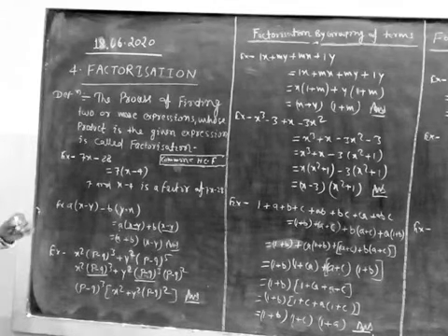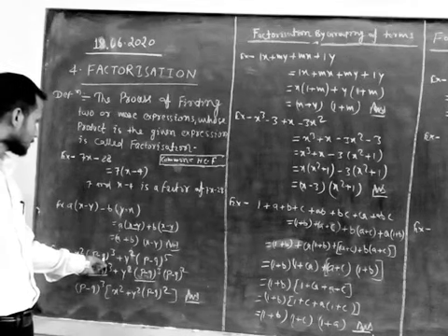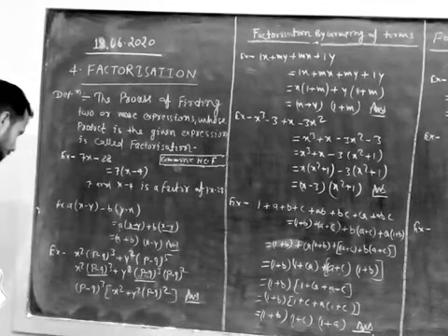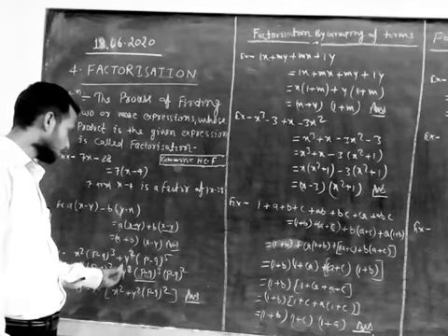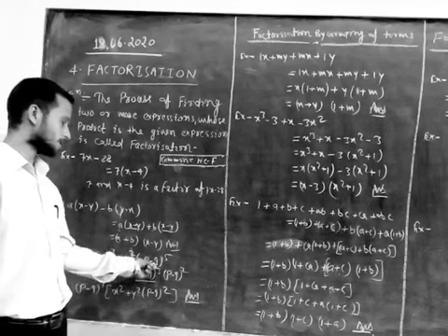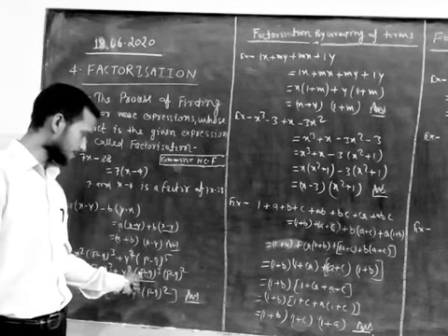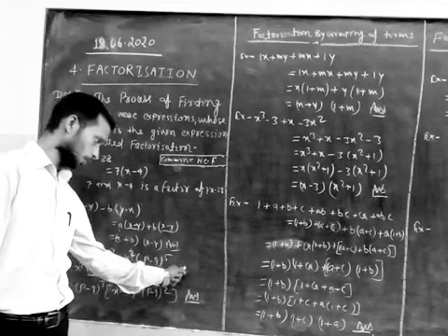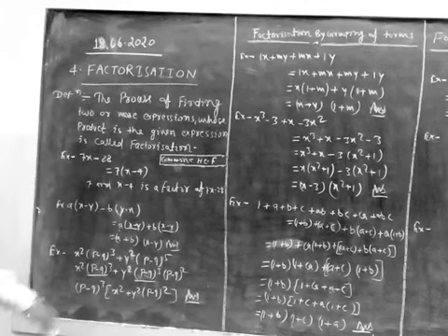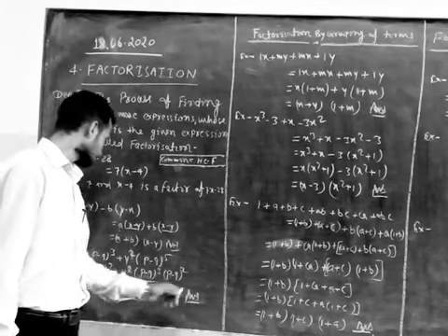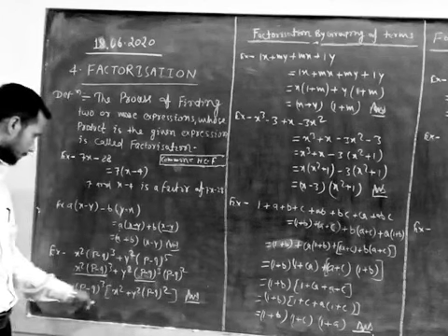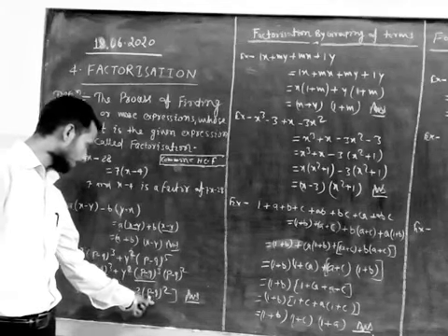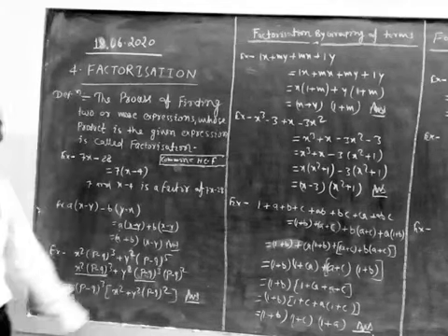Next, x square into (p minus q) whole cube plus y square into (p minus q) to the power 5. (p minus q) to the power 5 is written as (p minus q) to the power 3 and (p minus q) to the power 2, because 3 and 2 powers add to 5. Hence, in both terms (p minus q) to the power 3 is common, and the rest is (x square plus y square (p minus q) to the power 2). Hence, this is the result.